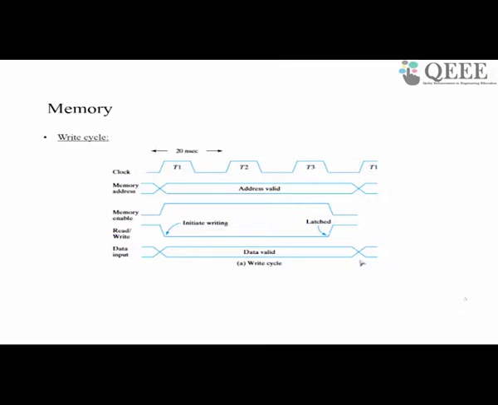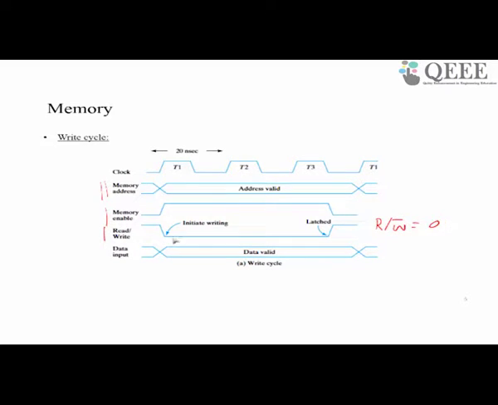So again, for the write cycle, the valid address has to be placed and be present throughout the write cycle. Then the memory is enabled again by asserting it to 1. Then the command is given as it is a write command, so read R bar W bar